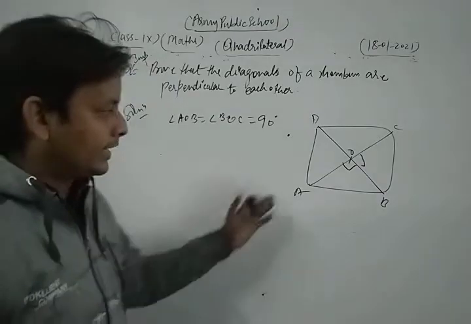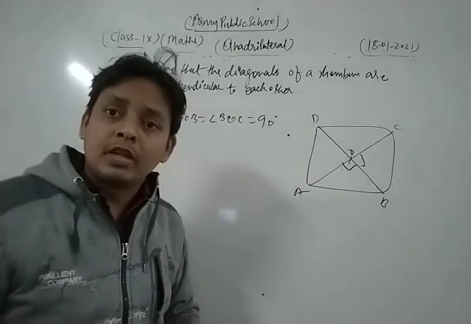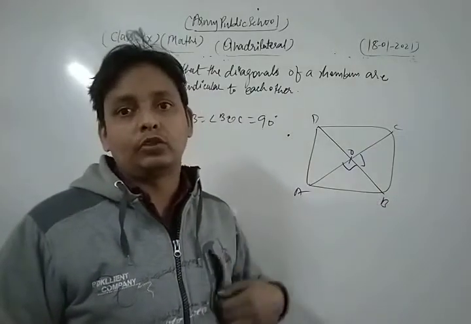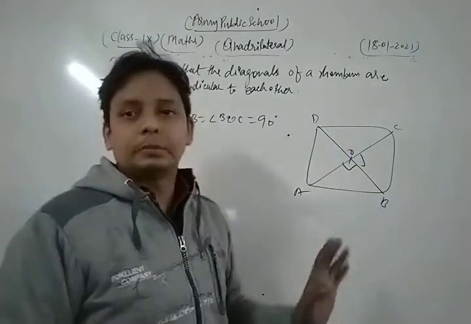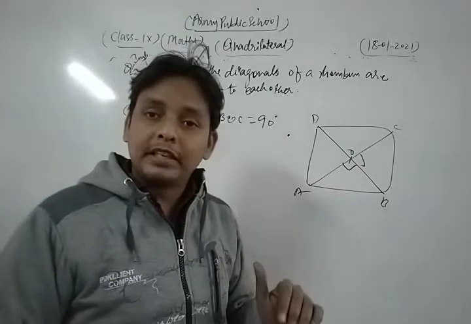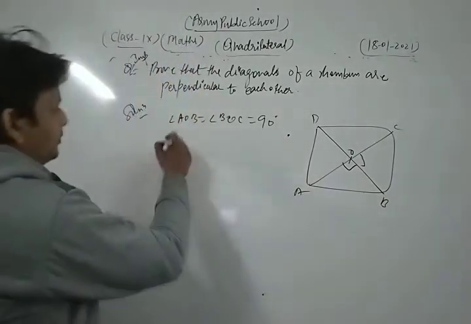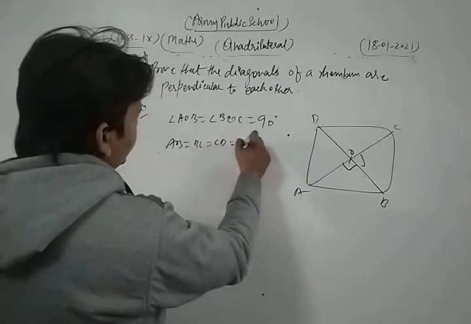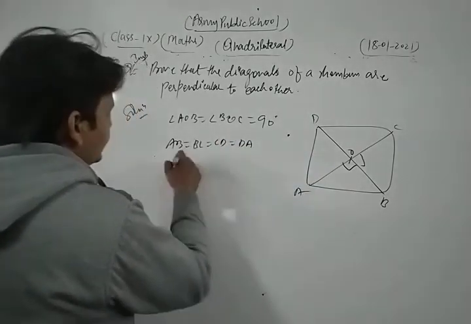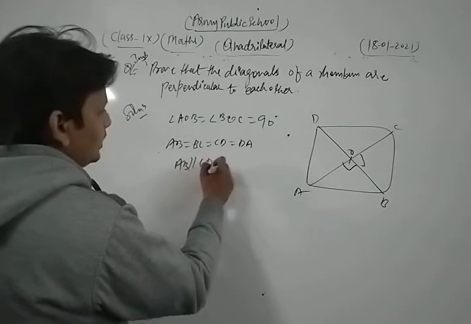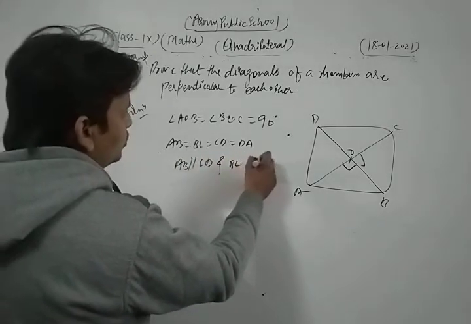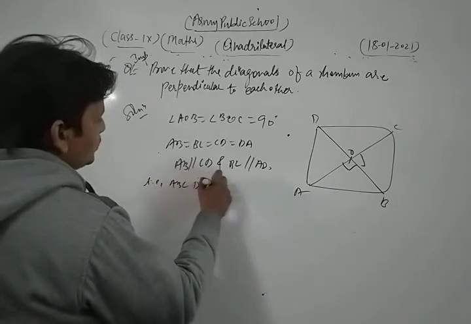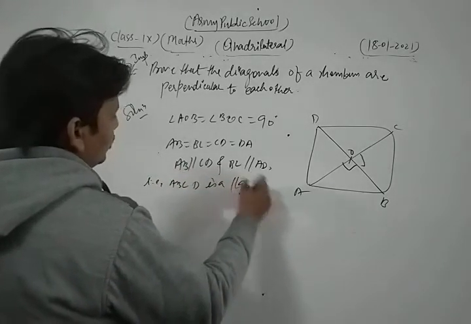We know that ABCD is a rhombus, and it is also a parallelogram, because in a rhombus opposite sides are parallel and equal to each other, but in a rhombus all sides are equal, meaning AB is equal to BC is equal to CD is equal to DA. Its sides AB is parallel to CD and BC is parallel to AD. So ABCD is a parallelogram.